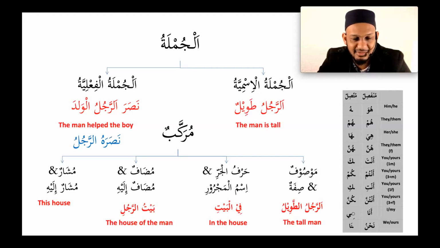Yeah, you. Nasara. How do I say he helped you, one male? Nasaraka. Nasaraka. Good. So what I want you to focus on here is that we can attach any of these attached pronouns to a verb sentence, and then it will take the role of what? The fa'il or the maf'ulun bihi? If I say nasarahu, it is a maf'ulun bihi.